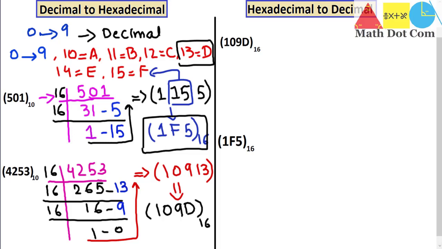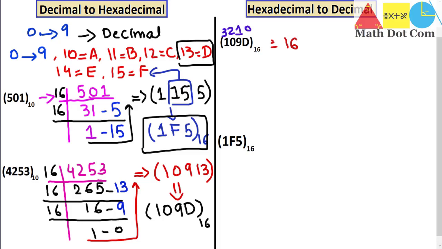For hexadecimal to decimal, the method is very simple. Let's start. As the base is 16, we have to write the base first, that is 16, and the power of 16 will be what? We have to write down the location of the digits of the given hexadecimal number. This is at location 0, this is at 1, this is at 2 and this is at 3. So we have to do 16 raised to the power of the location of the given digits.